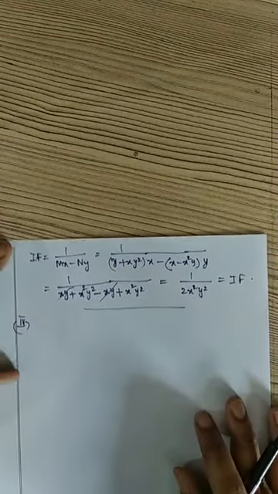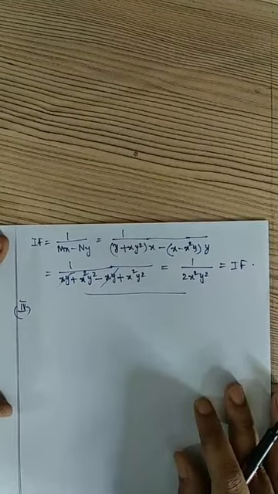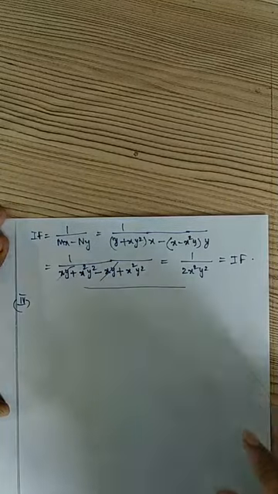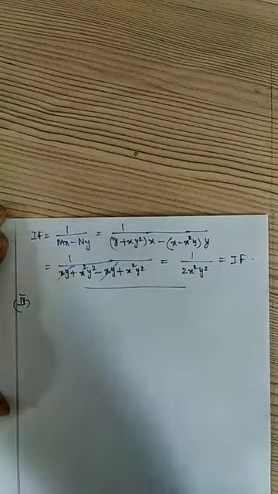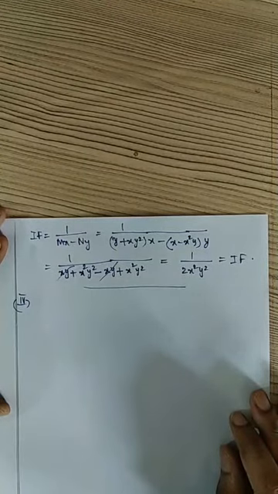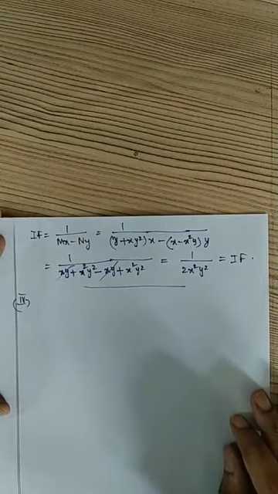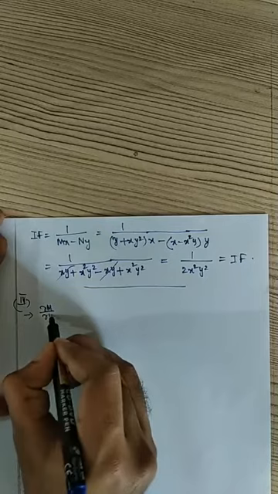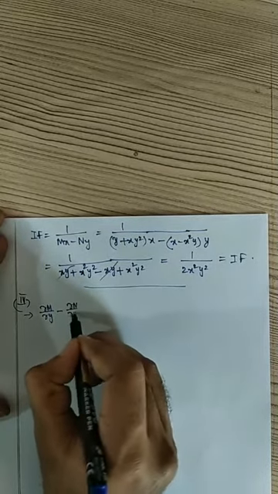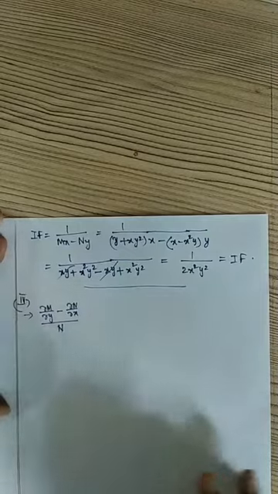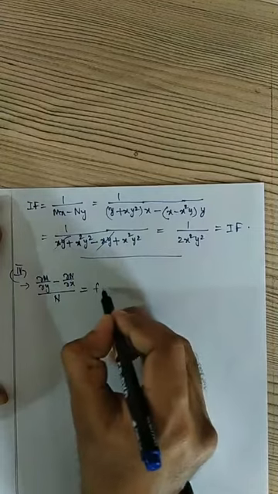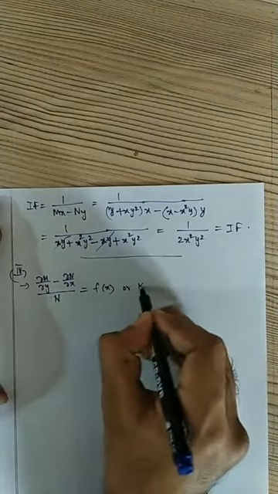Right, the fourth method. The first method is the inspection method, the second method is the homogeneous equation, the third method is if the equation is of the form y into f of xy dx, that one, and the fourth one is if the above three methods are not applicable for the given non-exact differential equation. If the previous three methods are not applicable, then what we have to do? First, if the equation is non-exact, we have to find dou m by dou y and dou n by dou x. We have to evaluate dou m by dou y minus dou n by dou x, by n. This should be a function of x or some constant k.